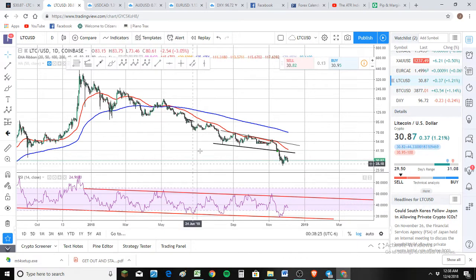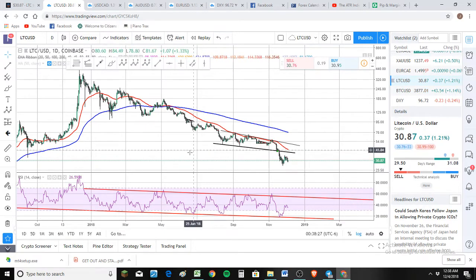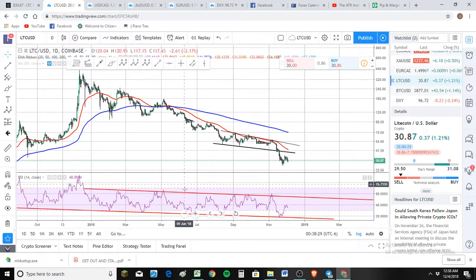Well, Litecoin hasn't done that on the daily chart at all. If it touches this top line, it comes down to the bottom line. You can see it comes up here, it did touch here, dipped a little bit, and came back up. But then it came all the way down to this bottom line. It came up here, didn't quite touch, came to the bottom line, came up and touched.